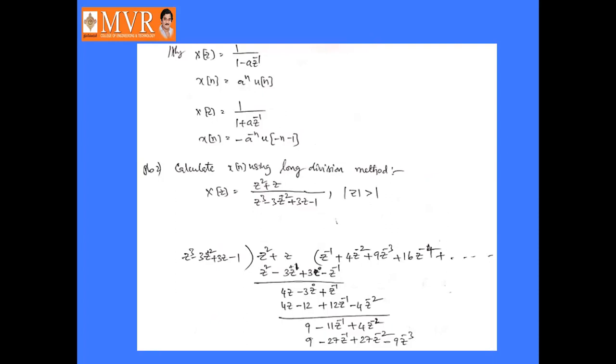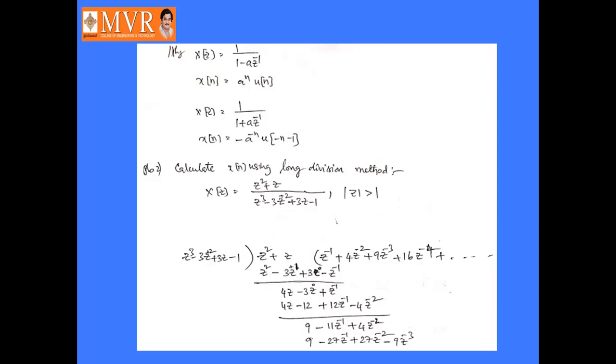So, we can also solve this type of problem by using the long division method or power series method. X of z is equal to z square plus z by z cube minus 3z square plus 3z minus 1. Here the ROC is mod z greater than 1, right? So z square plus z will be divided by z cube minus 3z square plus 3z minus